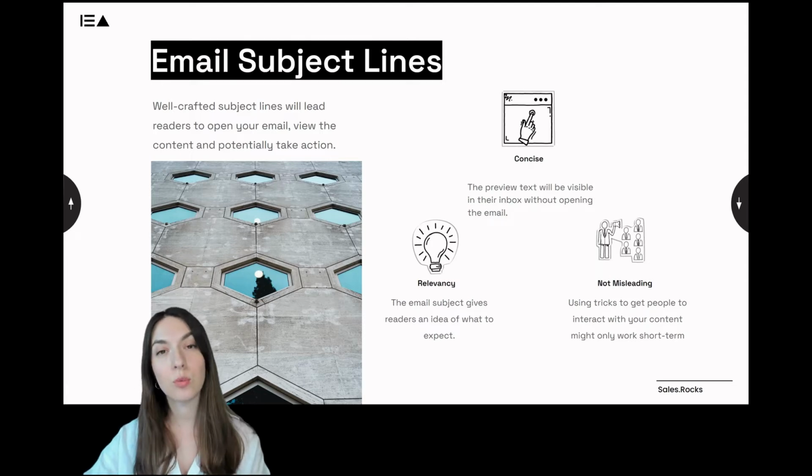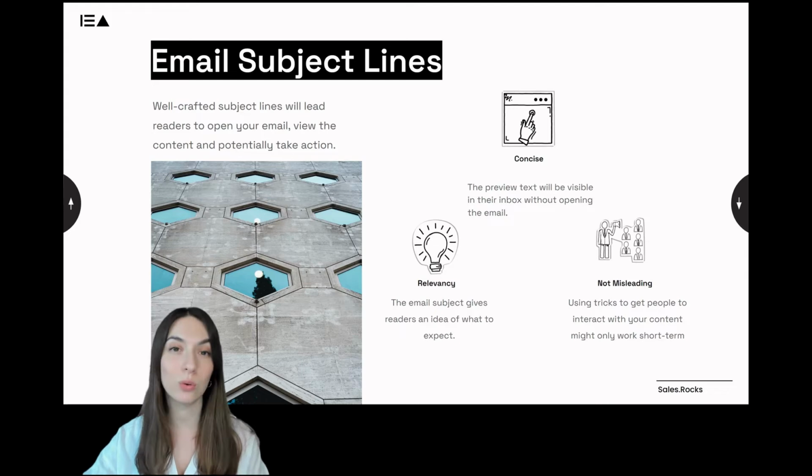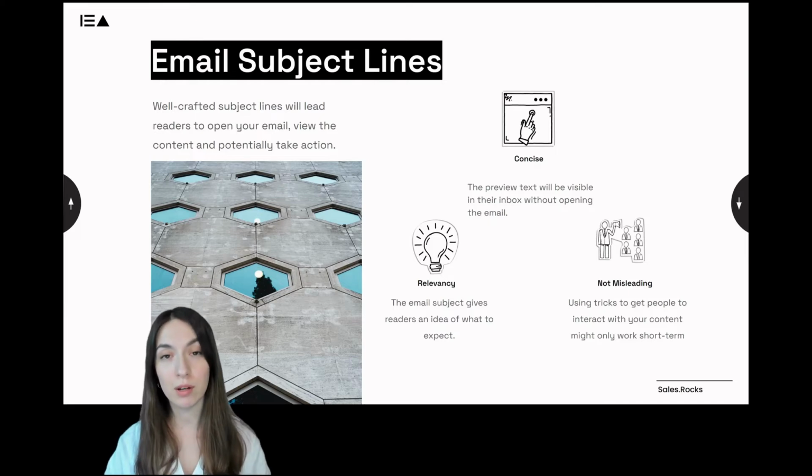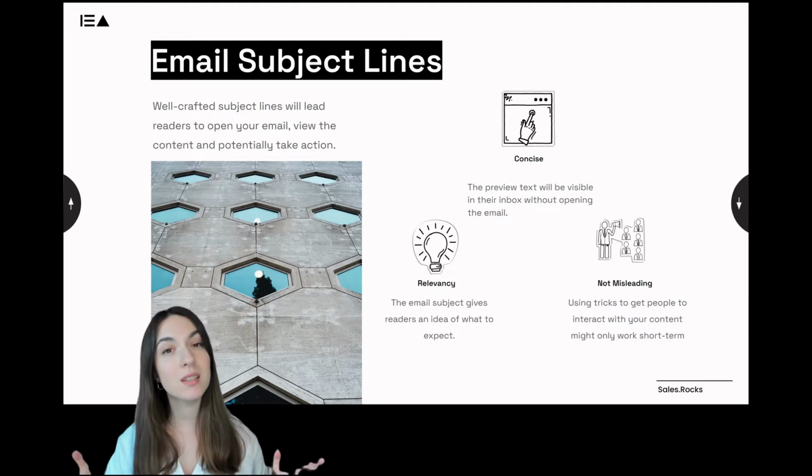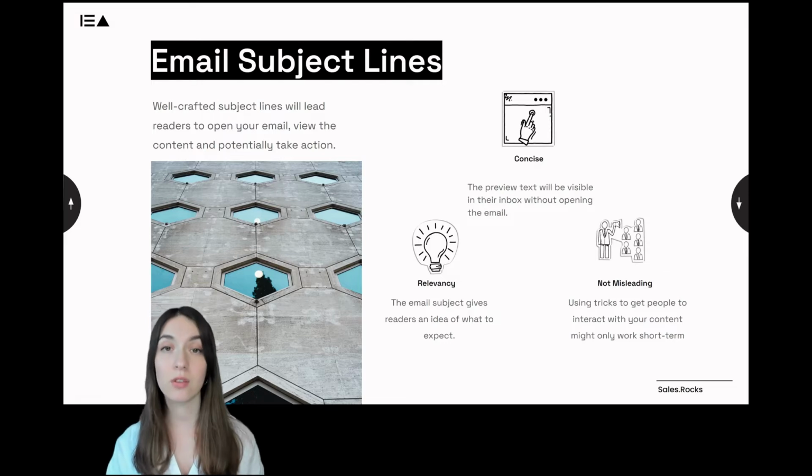The first thing that your prospects see when they receive your cold emails is the subject line and date. That's why it's crucial to have well-structured subject lines to lead the readers to open your emails, read through them, and potentially take some action and reply to you. Those subject lines have to be very concise, short and simple, 3 to 5 words at maximum, have relevant content for the recipient, to make sense and not be misleading and present something else rather than what you're